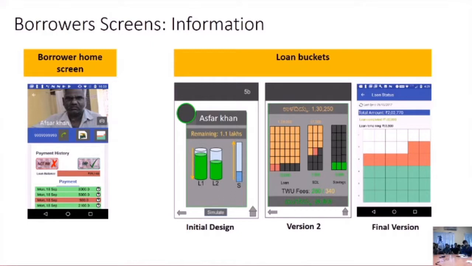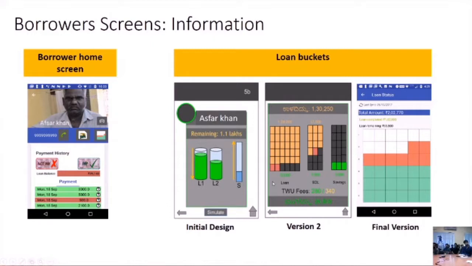I have to say, this first screen here is the borrower home screen, and this is a screen that collectors use to take a payment from a driver when they go to see the driver and collect cash from them. And you can see that we provide an at-a-glance awareness of how the borrower is doing through color coding payments. And in our iterative design workshops, the drivers understood this information very easily, i.e. if it's all red, I'm in trouble. If it's green, I'm doing well. Okay. If the payment history is mainly red, collectors can use one of the additional resources, such as the loan buckets.